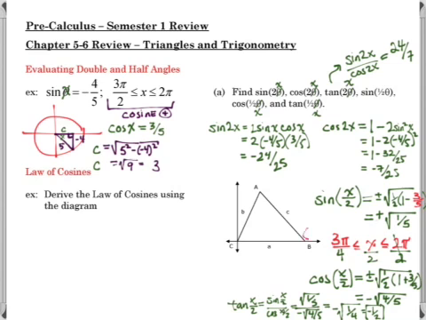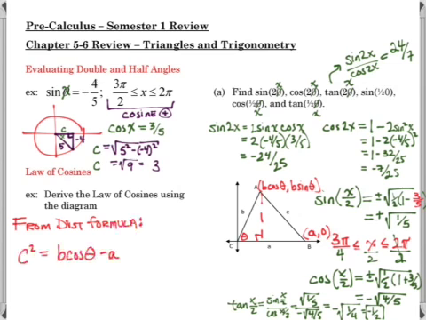In terms of deriving the law of cosines, we use this very specific case where we have a general triangle. So what's great about the law of cosines is it's for any triangle. So it can be obtuse, acute, scaling. It doesn't have to be a right triangle like the Pythagorean theorem. I have a point B over a, up 0. And I have point A is b cosine theta, b sine theta if I was to draw in my right triangle. So just using the distance formula, I get c squared,